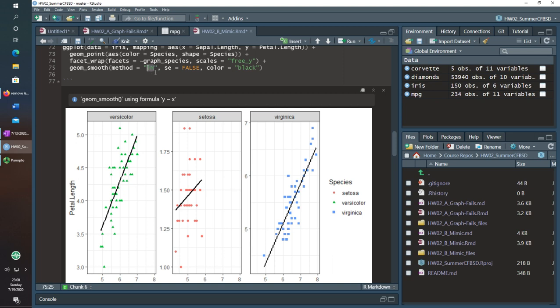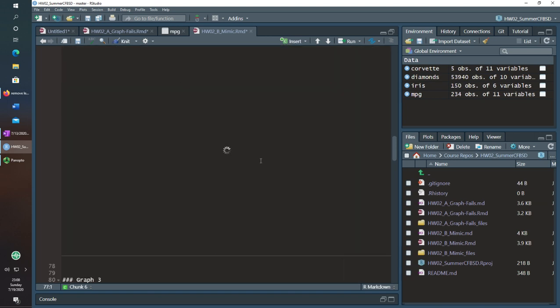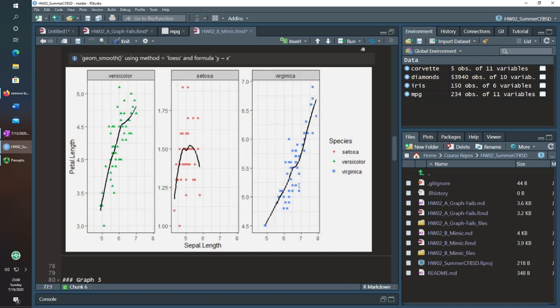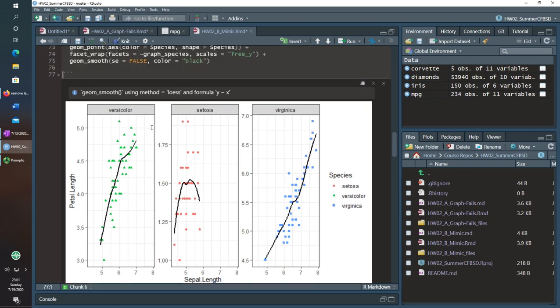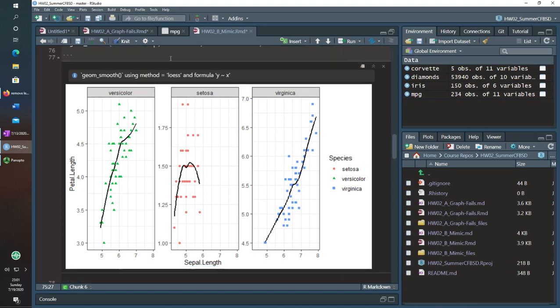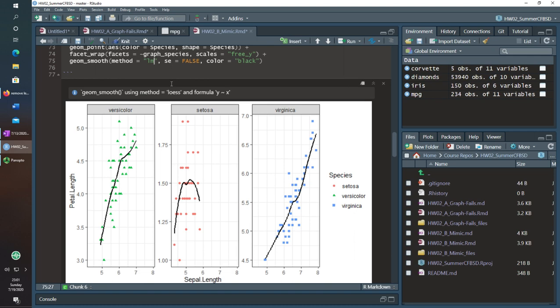If you didn't change the method to be linear, you potentially would have gotten a graph. Let's check it out. Let's delete that. You probably got a graph that was similar because it looks like the data is pretty linear, correlates pretty well. Actually, you wouldn't have because of this, which is quite funny to me. But you can see that there you just set the method to lm, and there's actually other methods as well. If you wanted it to be a different type of curve, you can look at all the different ones, if you wanted it to be like a parabola or something else.